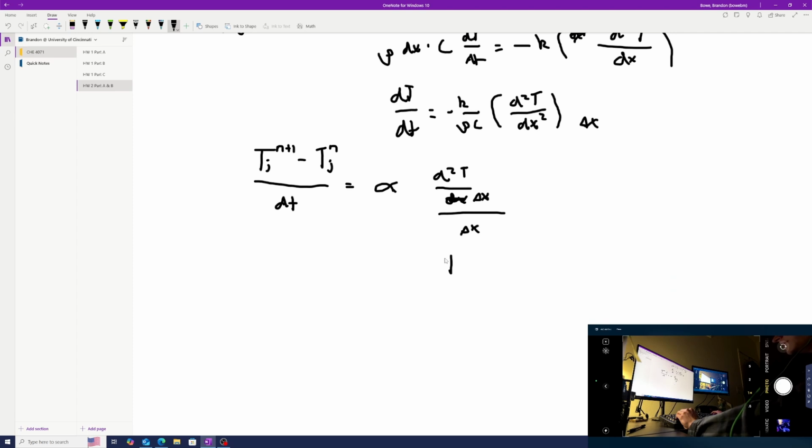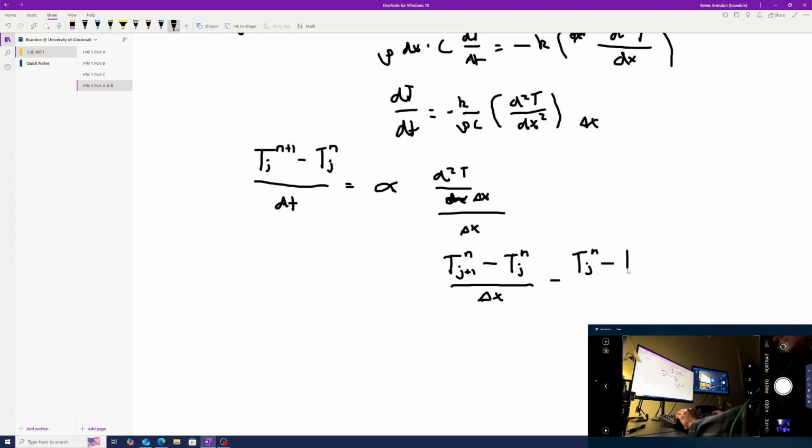So this will be all at our current temperature, which is our T of n. However, this will be at our next position over, so the position to the right, minus our current temperature at our current position, all over our change in x. And then the second part of this we'll subtract again, this time starting with our current position and current temperature,